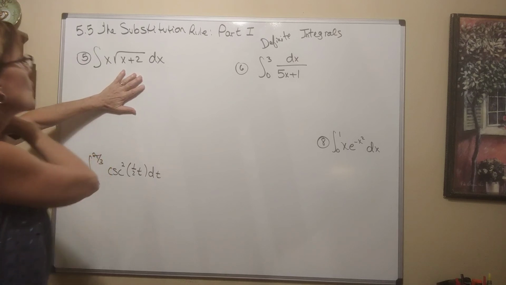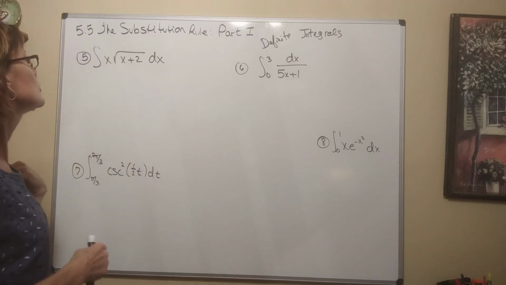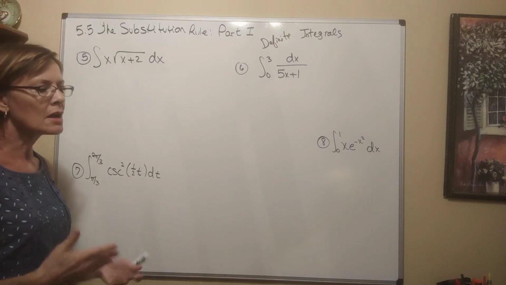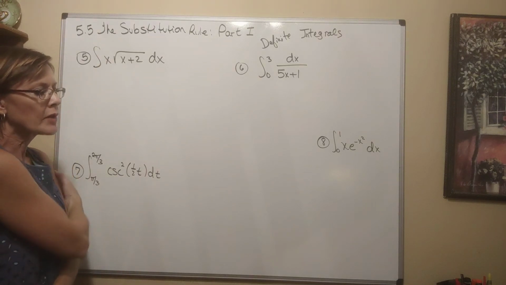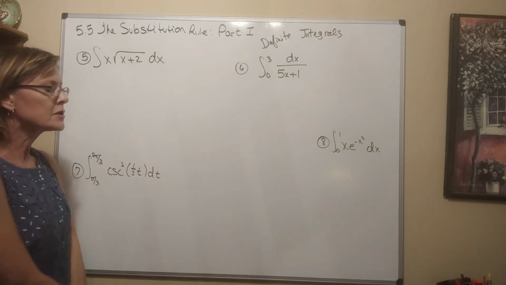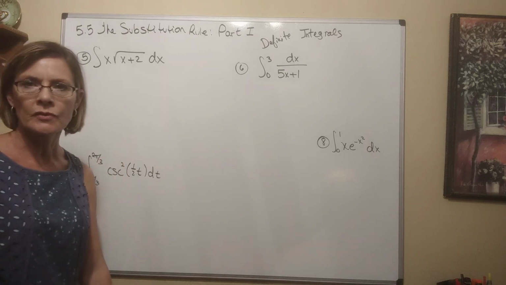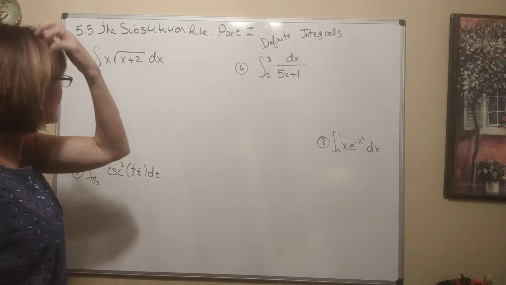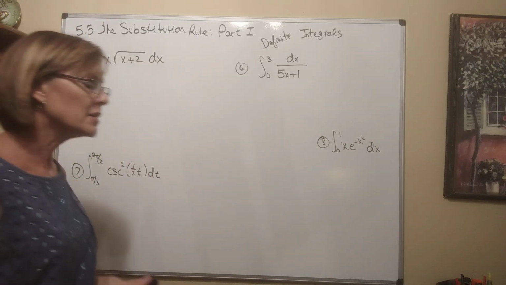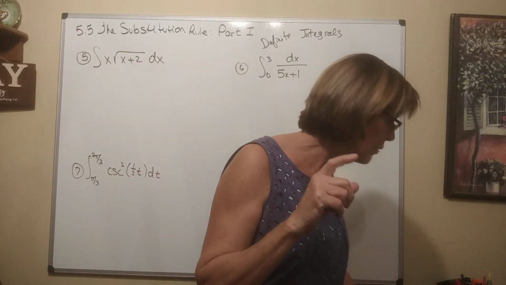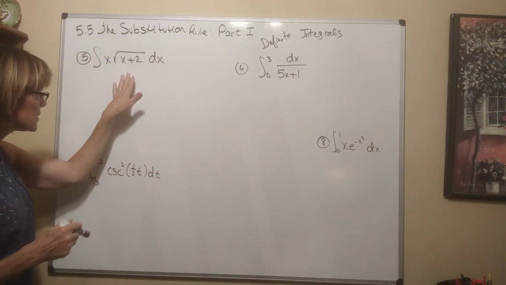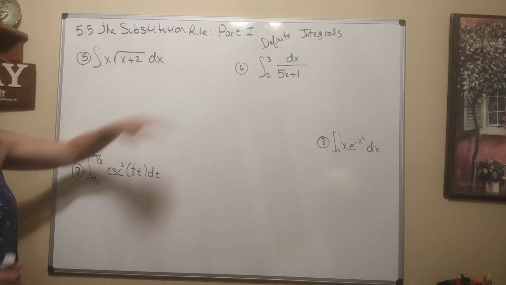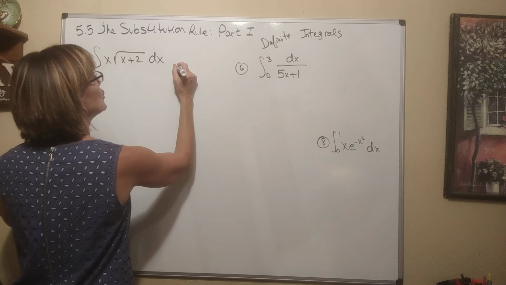But this one, let's see. What do you suppose you should let u be? You want to try to find the derivative in here, and unfortunately you can't really see a derivative whatever you let u be. So you might play around with that for a while, but you still make a choice. It's still going to work, and let me show you how. Generally it's better to let u be the more complicated part. So I'm going to let u be